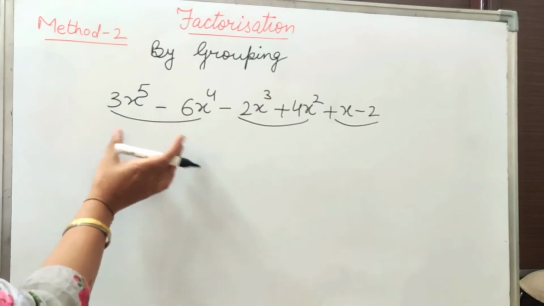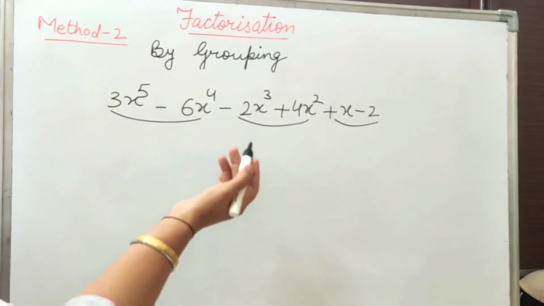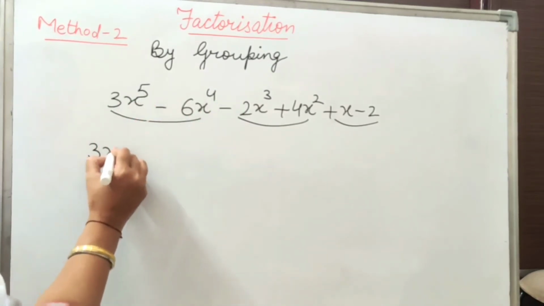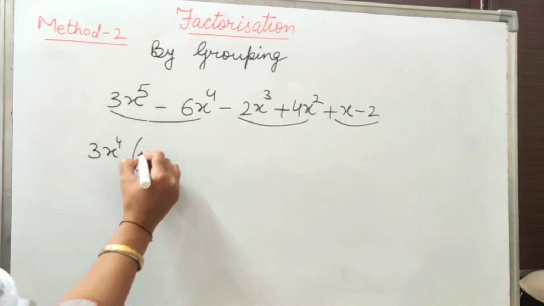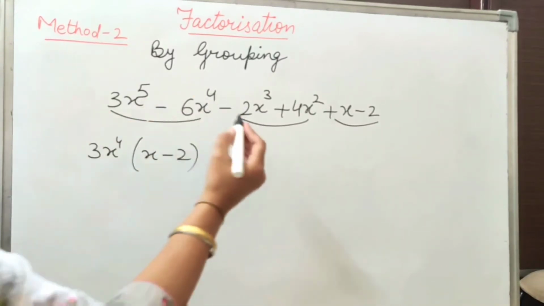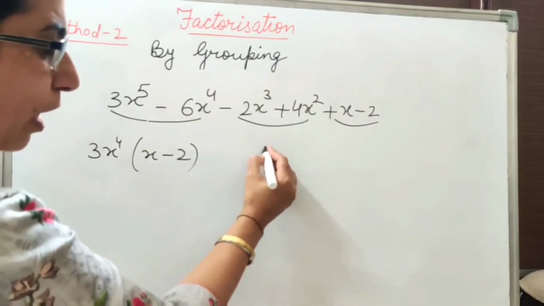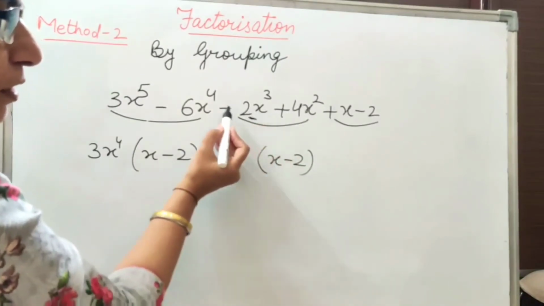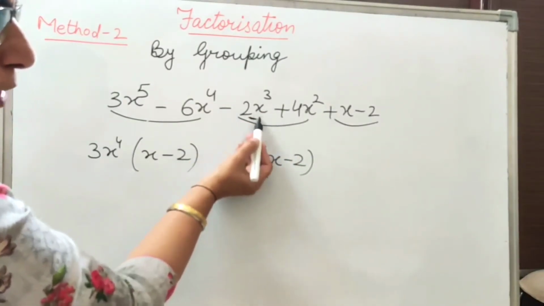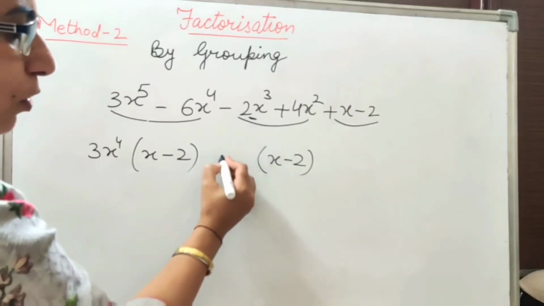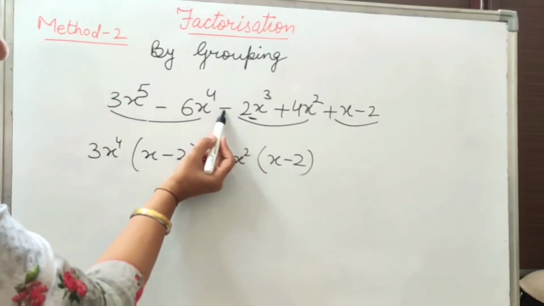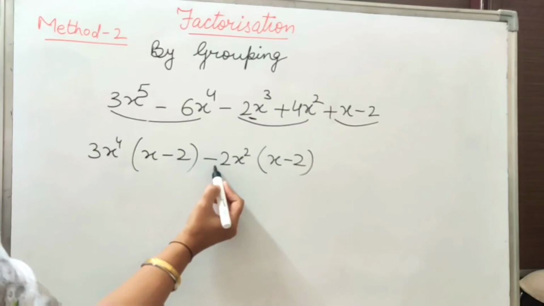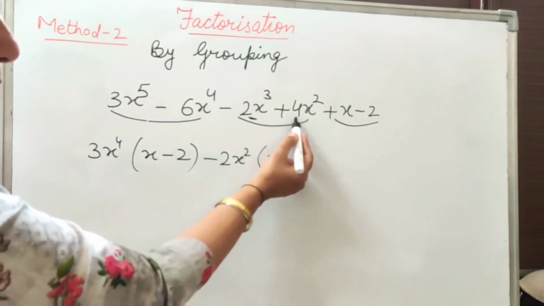So first I am trying this. Let me see whether the quotient is the same or not. Here 3 and 6. 3 is common. 3x is common. So what quotient is left? x minus 2. Now in these two terms, again leaving some space, I am writing the same quotient, x minus 2, then I will check this term. This is minus 2x cube and this is x. 2x cube and x, that means what is required? 2x square. And here it is minus, so I will put minus here. So minus 2x square into x is minus 2x cube. Minus 2x square into minus 2 is plus 4x square.